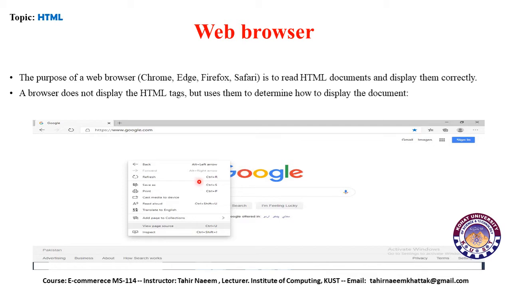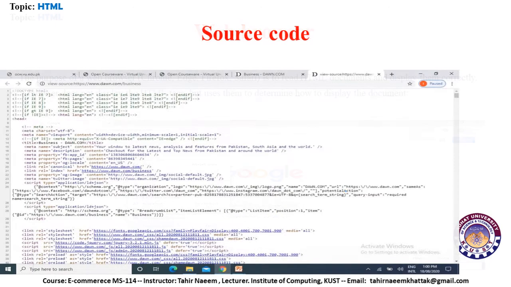Here you can see when you right click on this web browser, there are typically back, refresh, save as, print, and view source, view code source. So these are different options available to you. Whenever I click on view page source or press Control U, the resultant source code is displayed in the web browser. If you are using any other browser it may vary, but the contents remain the same. So here is the example of the source code.